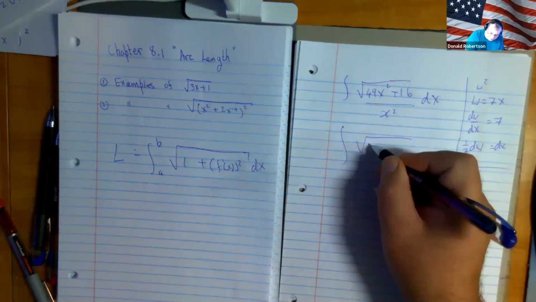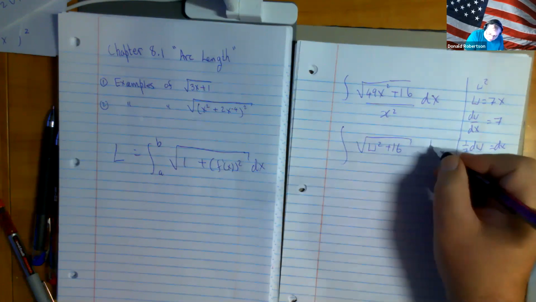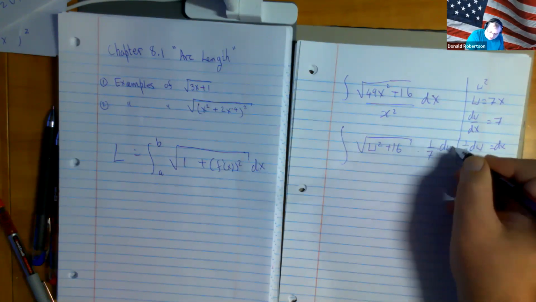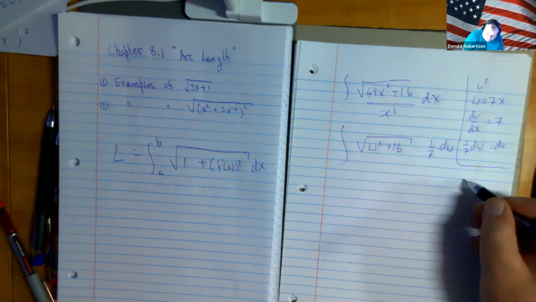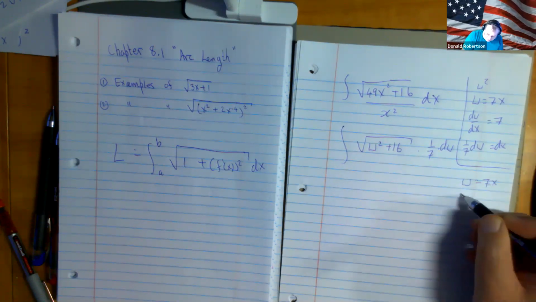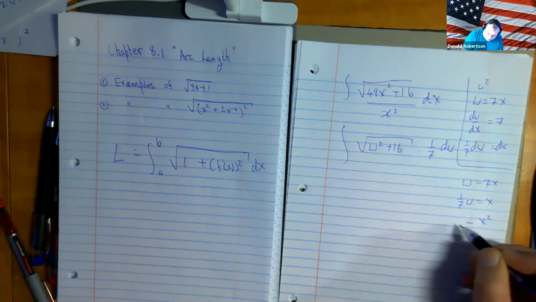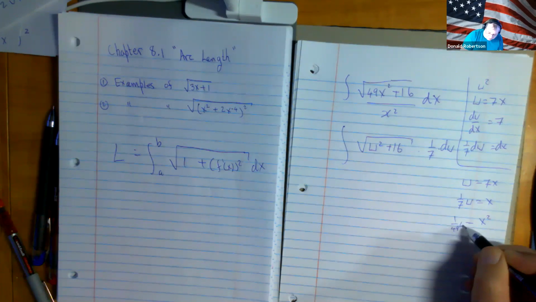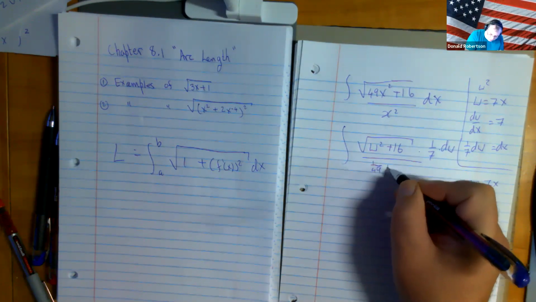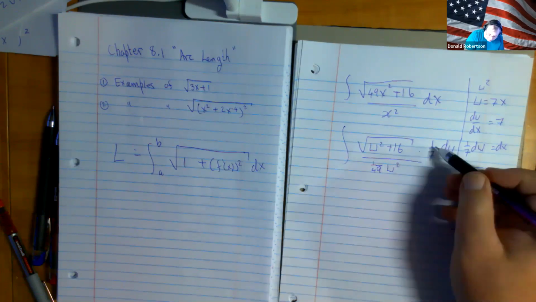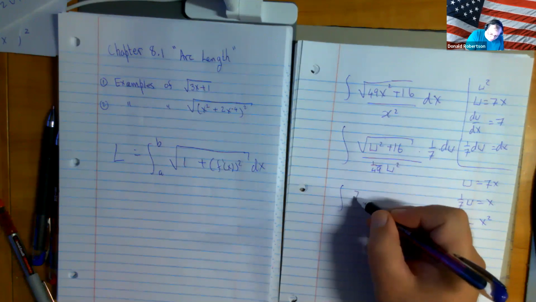So now what you have is u squared plus 16. The 1/7 du goes there. And x squared is a bit messy. But if u equals 7x, then 1/7 u is x. So x squared is 1/49 u squared. So you get 1/49 u squared. Now that goes in the bottom, that goes in the top, they partially cancel. And what you now have